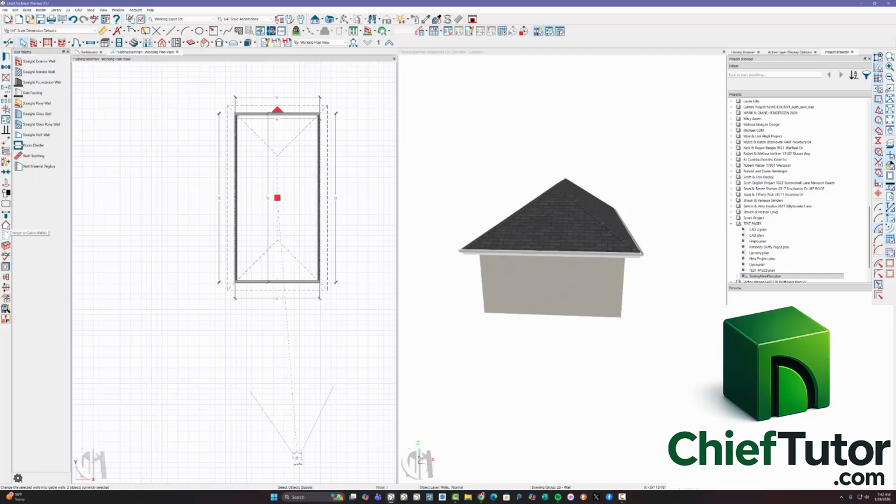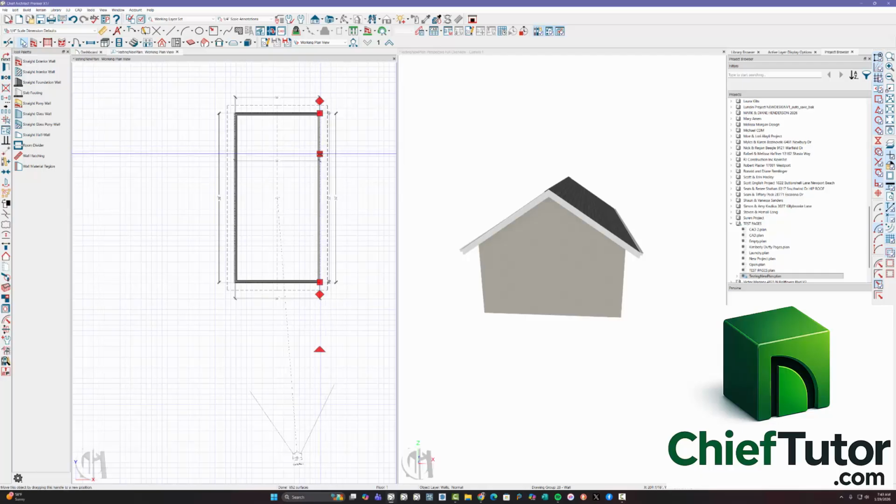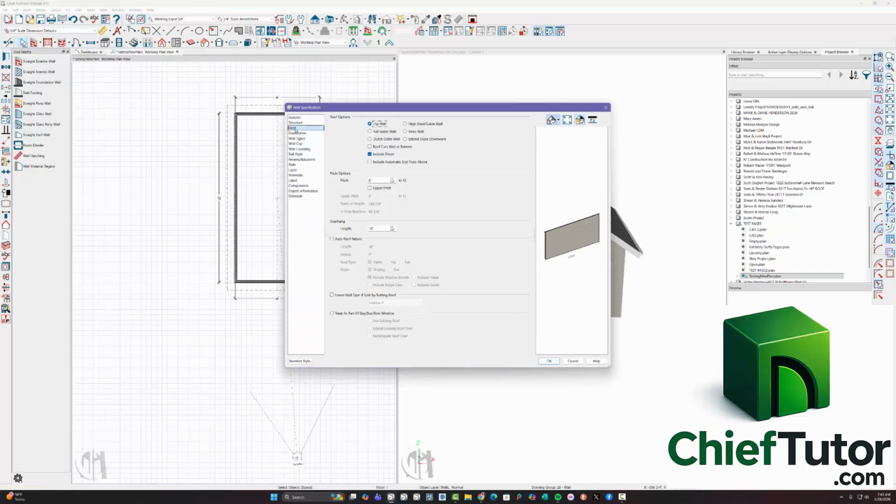So now that we've got that going on, I'm going to select this wall and shift select that wall, and I'm going to open them up. And I'll notice that I have, in the roof area, an ability to manipulate the roof pitches. So I'm going to change this roof upper pitch to 3. And then I'm going to select upper pitch. Sorry, so that'll be the lower pitch. I'm going to select upper pitch, and I'm going to change that to,